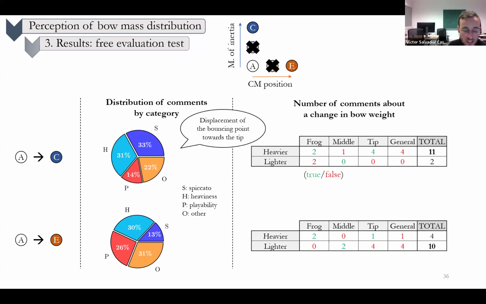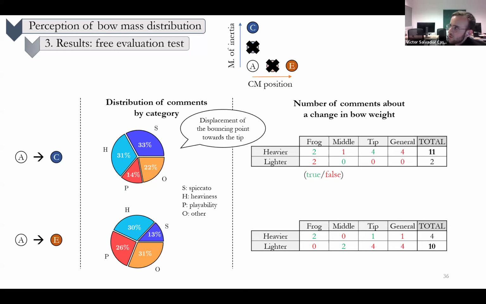So we see that if we compare their comments when we change the moment of inertia and when we change the center of mass position, that is the diagram on top and at the bottom respectively, the proportion of comments relating to a change in spiccato behavior or bouncing strokes behavior is larger when we change the moment of inertia. And on top of that,